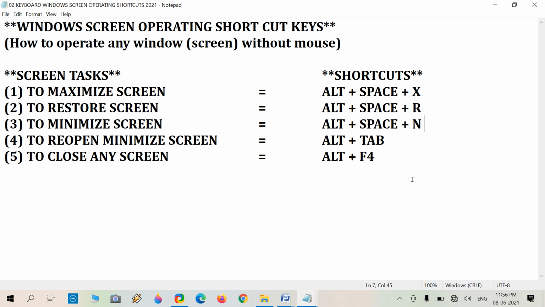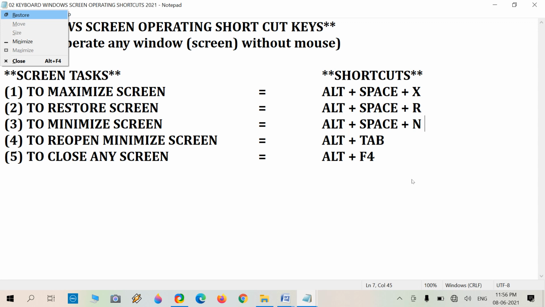Now again press Alt and space and then press R, only a separate R from the keyboard, not all three keys like Alt, space and R. We don't have to press all three.